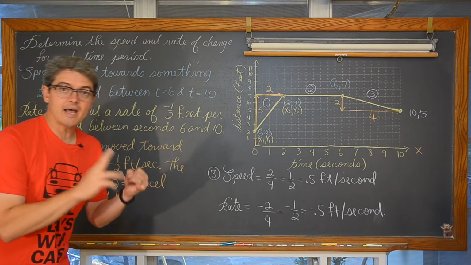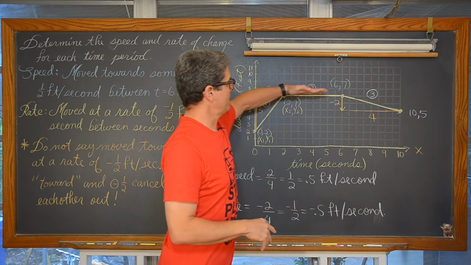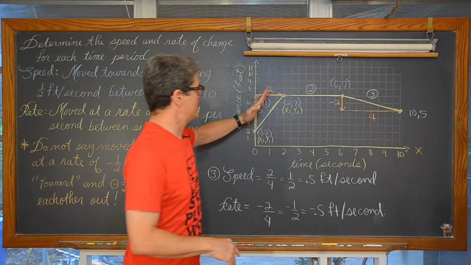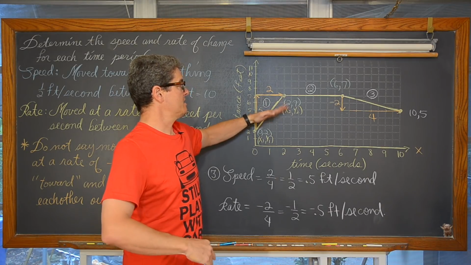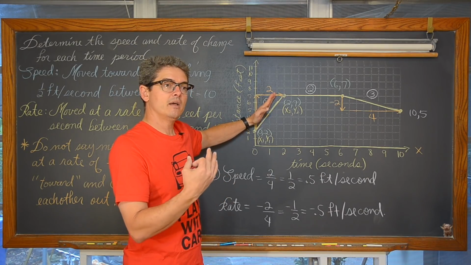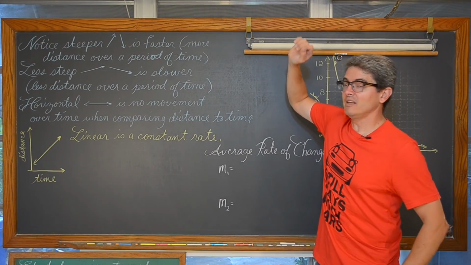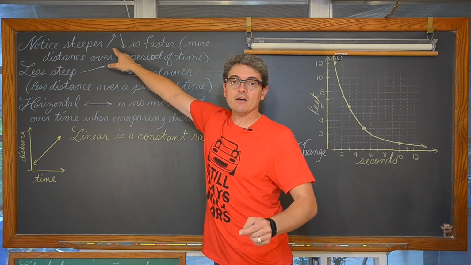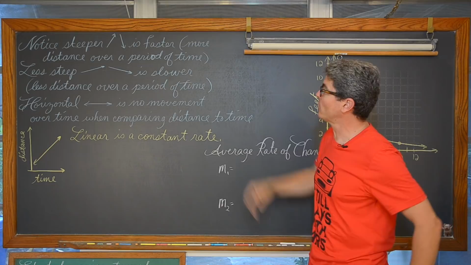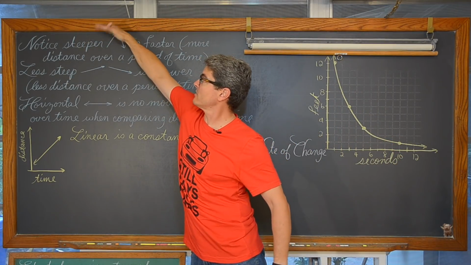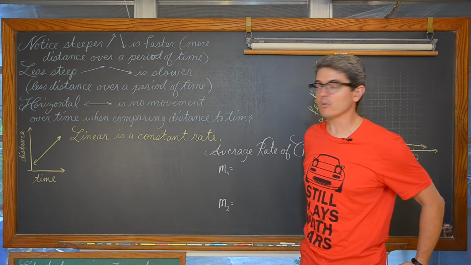Now, we're going to look at our next page of notes. Basically, we're going to talk about an average rate of change for our last example. And we're going to talk about how we can look at a graph and, just from the steepness of the line segments, see that if a line segment is more steep, it is going to have a higher speed. So again, if you have a steeper graph comparing distance to time, the steeper that graph is, the faster the movement. The more distance, the vertical, what's on your vertical axis, has been covered over a particular period of time.